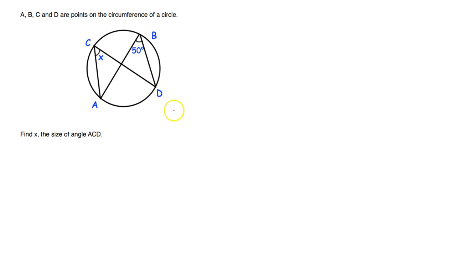So here we're having a look at angles in the same segment. It says A, B, C, and D are points on the circumference of the circle, so they're given there. It says find x, the size of angle ACD, so that's this angle here. Now for angles in the same segment, what we're looking for is angles that start and finish at the end